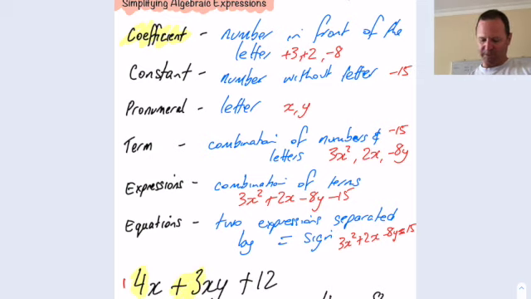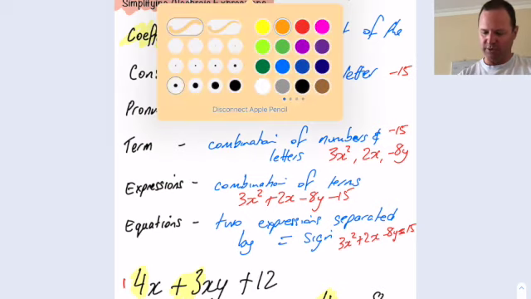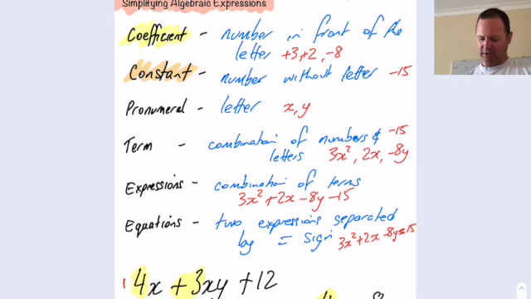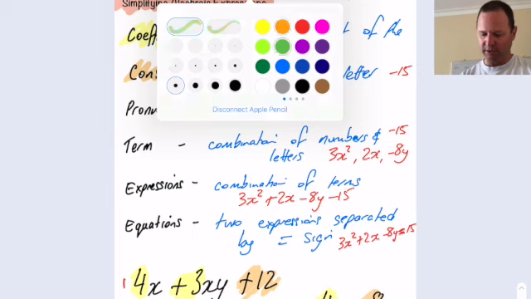In this one, it's going to be the 12, the positive 2, and the 4 there, okay? If I choose another color, so if I want to do the constants, they would be positive 12, that would be 8, and that would be positive 8, okay? So if I then start looking at what is the pronumeral of this one,